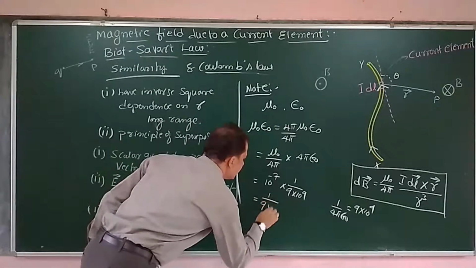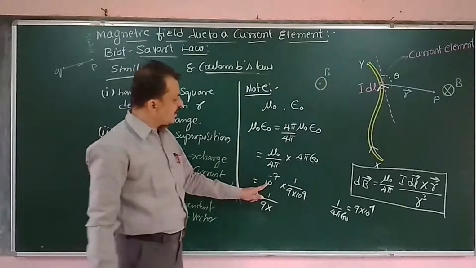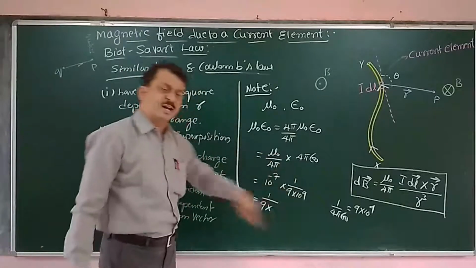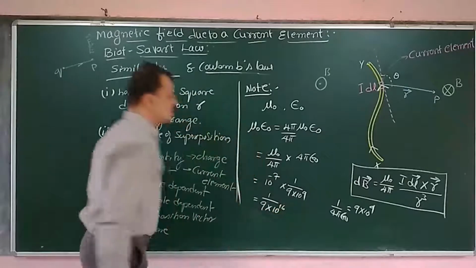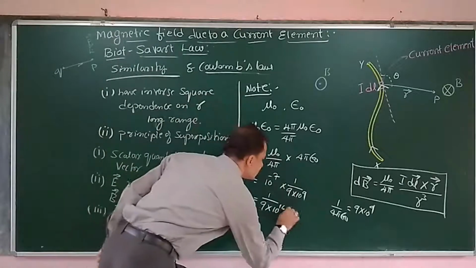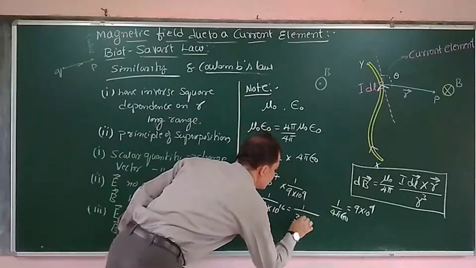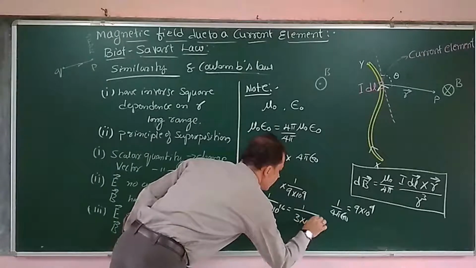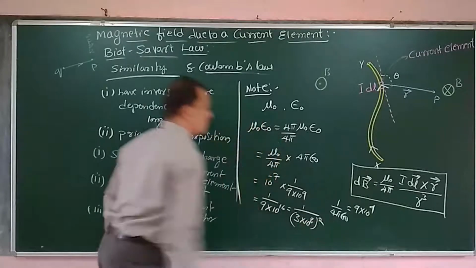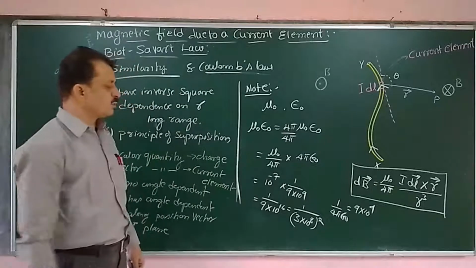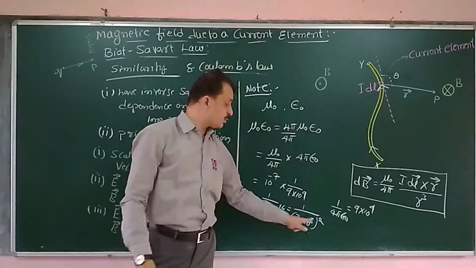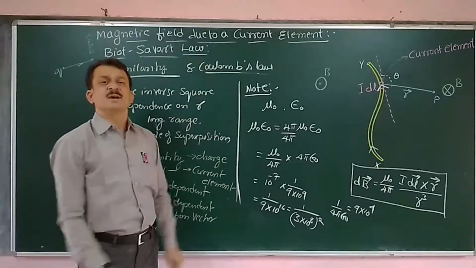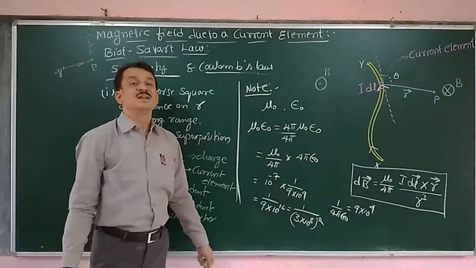1 divided by 9 into, here we are taking 10 to the power of minus 7 to the denominator. It becomes plus 7, and hence it becomes 10 to the power of 16. Simplifying this, I will get 3 into 10 to the power of 8 whole square. Now what is this one? 3 into 10 to the power of 8 is nothing but the speed of light.